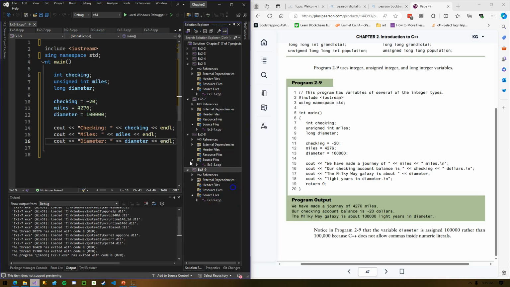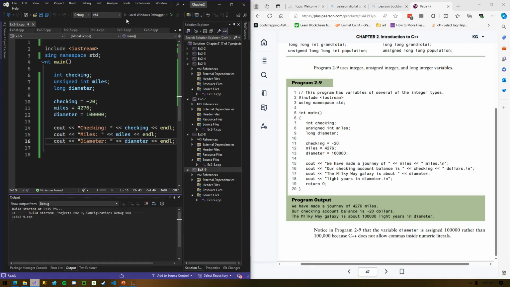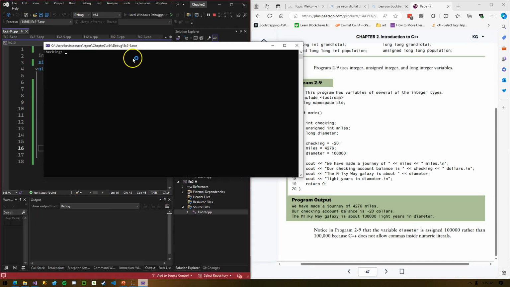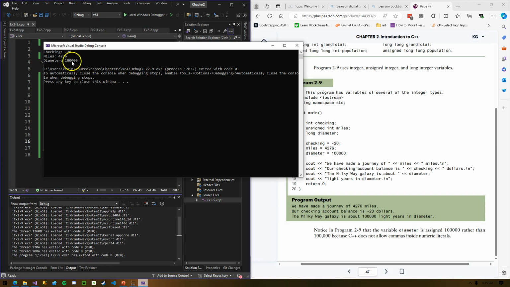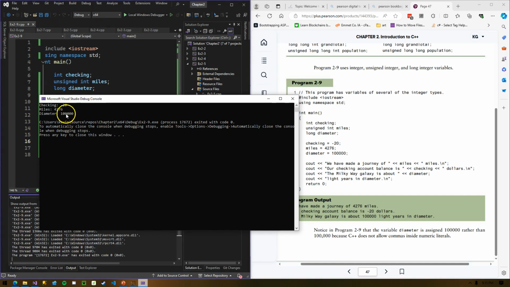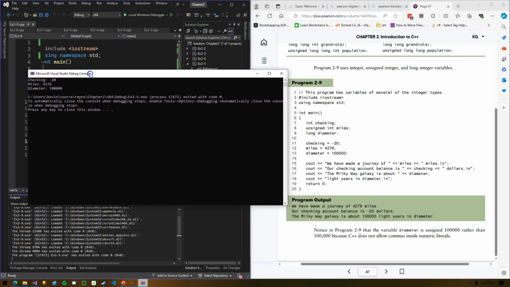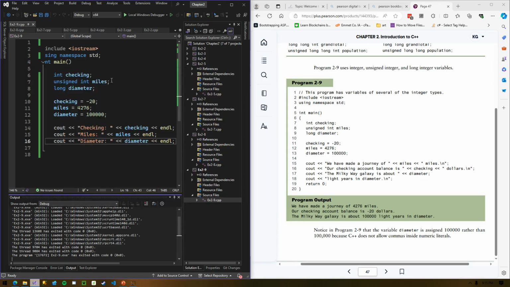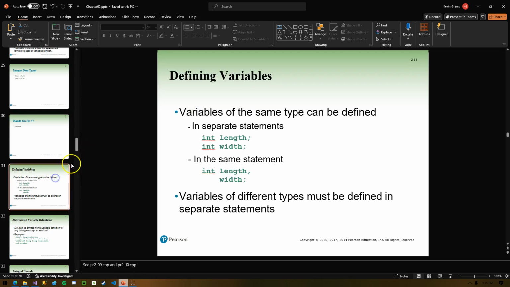Start a project. Notice this, so it prints what we would expect. Notice that it does not add the commas for me in my numbers that require them. So you would have to do your own programming or use some external library or function to put those commas in and make them a little bit more presentable to the user. Remember, computers only do what we tell them to do.